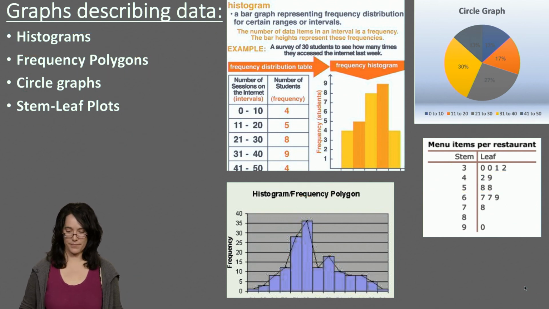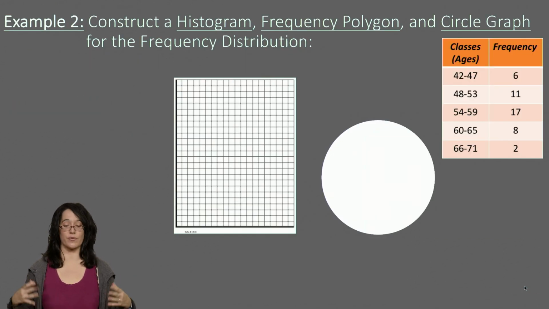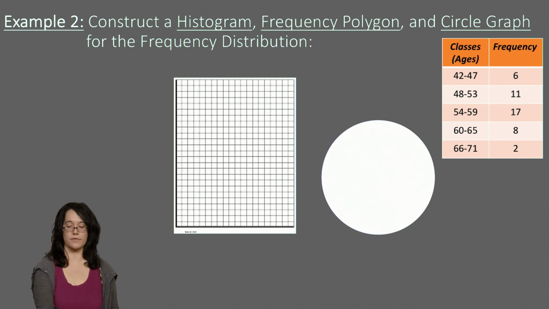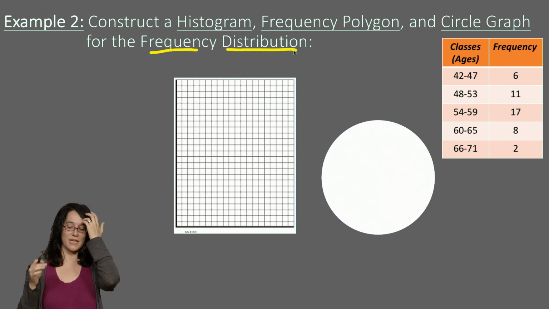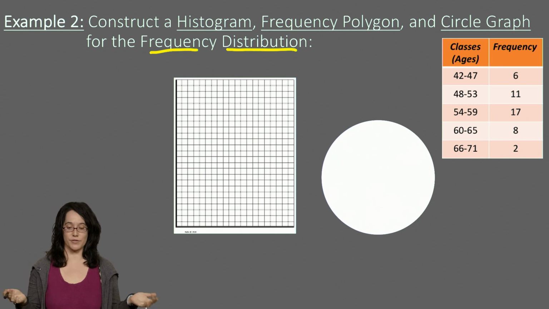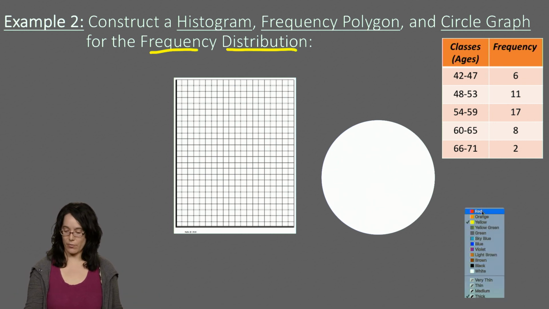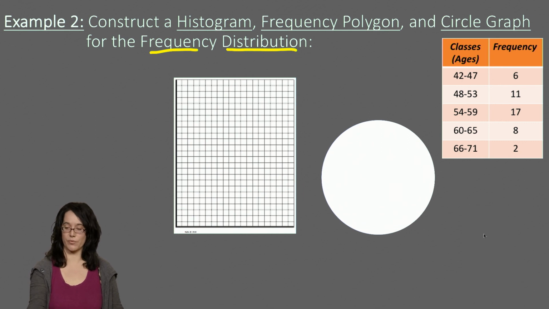Okay, here we go. Example 2. We're going to create a histogram, a frequency polygon, and a circle graph based on this frequency distribution. They've given it to us, and now we just have to use it to make our nice charts. So let's begin looking at what we have here. It looks like it's the one we did earlier, so from your notes you probably already had this one written down from the past. We were talking about ages 42 to